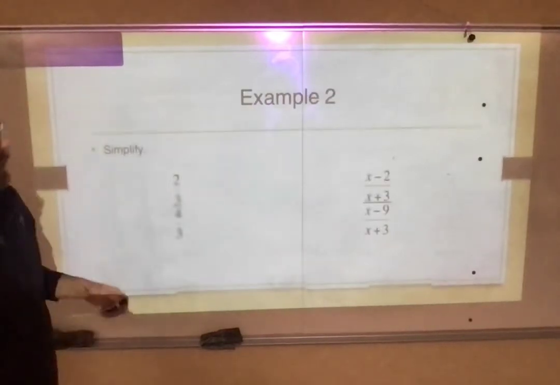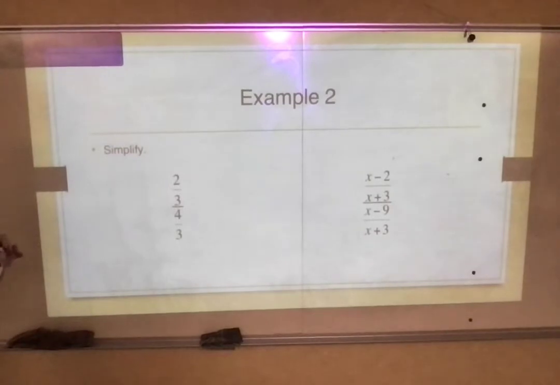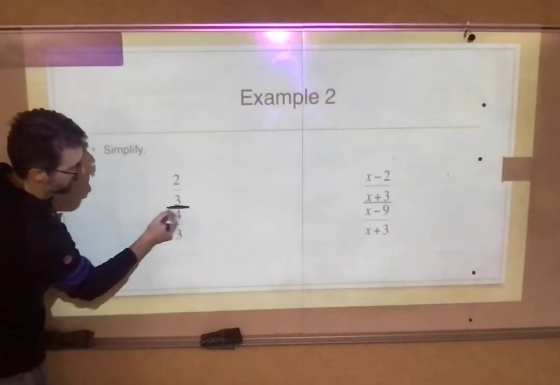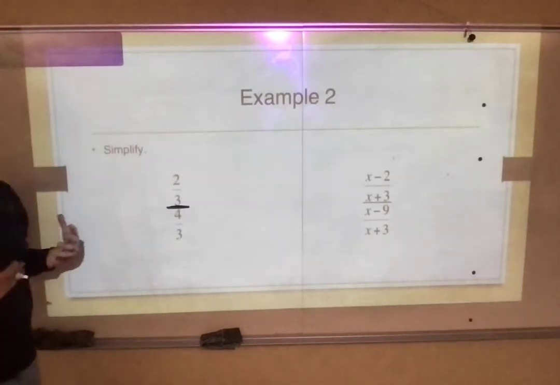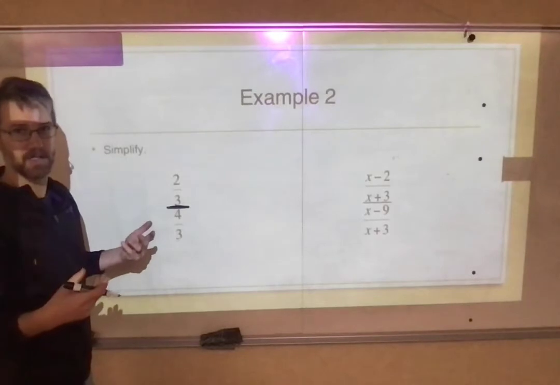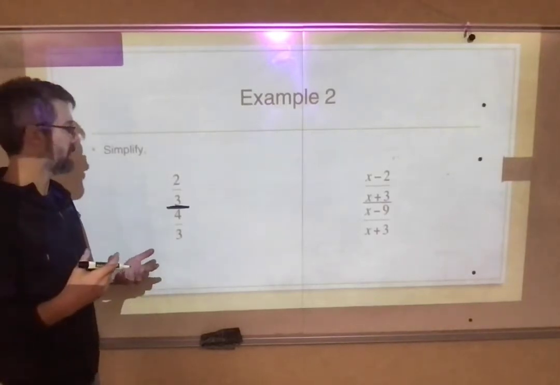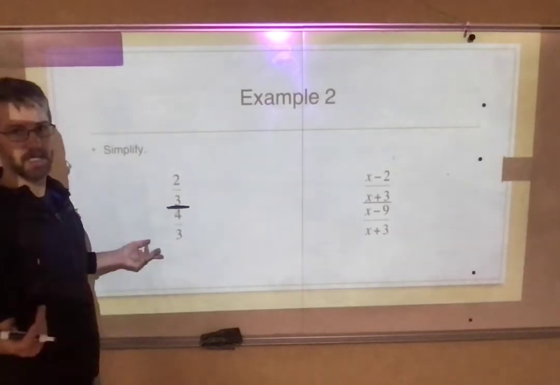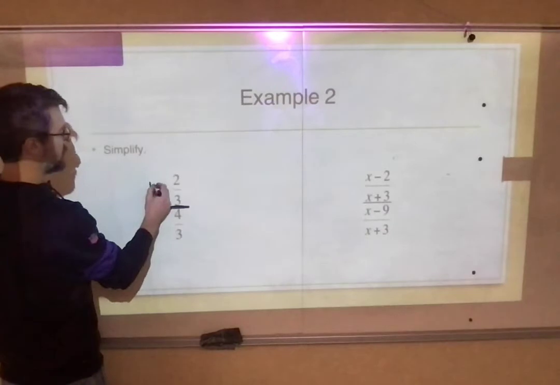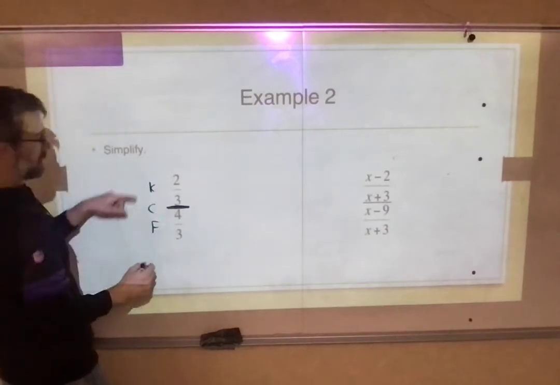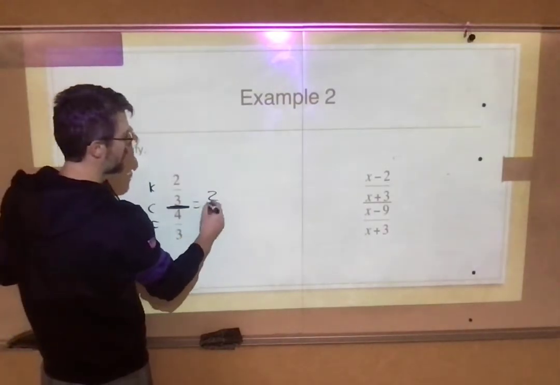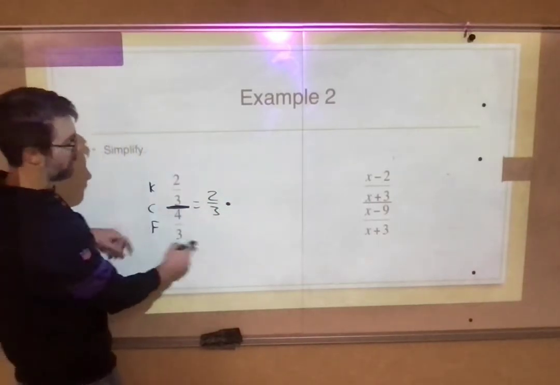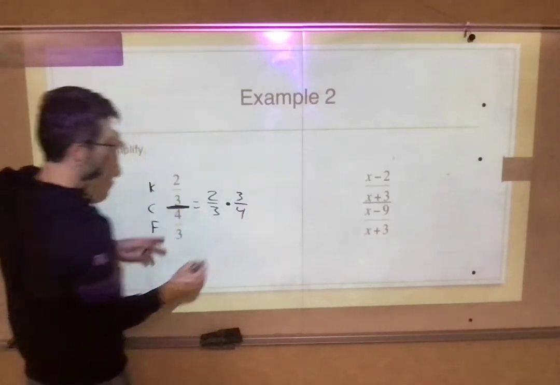So, a couple of quick examples. How would I do this? Now, sometimes I like to go ahead and darken and make that middle fraction bar a little bit bigger. Remember that a fraction is the same thing as a division symbol, right? So that's why we can use the dividing fractions method here, where we call it keep, change, flip, or multiplying by the reciprocal. So if we do keep, change, flip, we're keeping the top one, so it's going to be 2/3. We're changing this from a division to a multiplication, and then we're flipping that fraction from 4/3 to